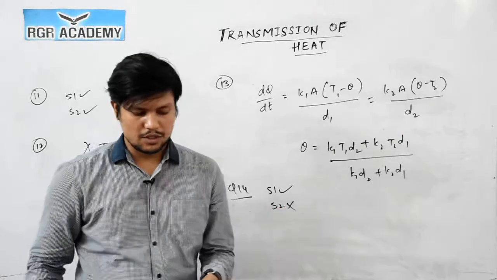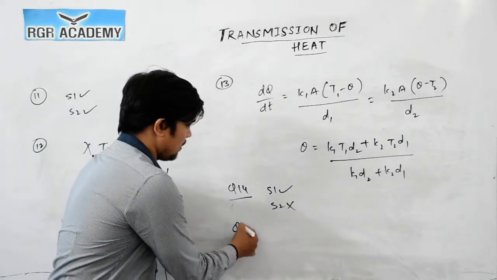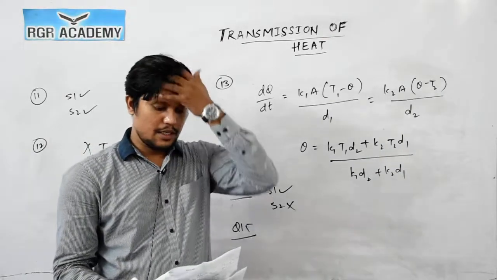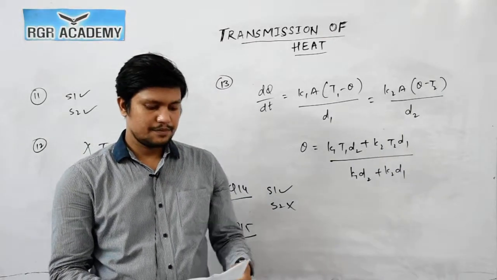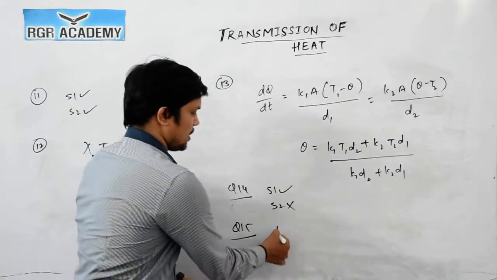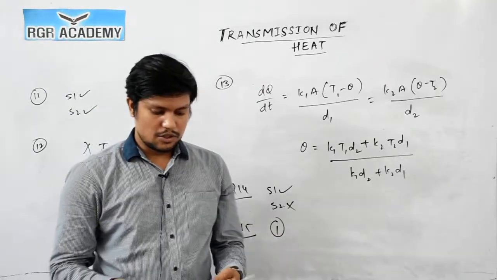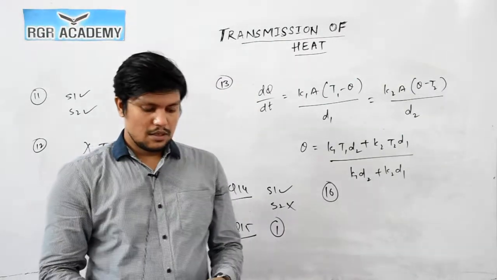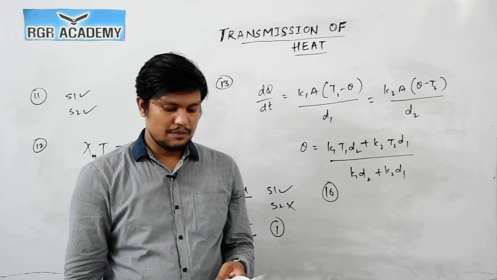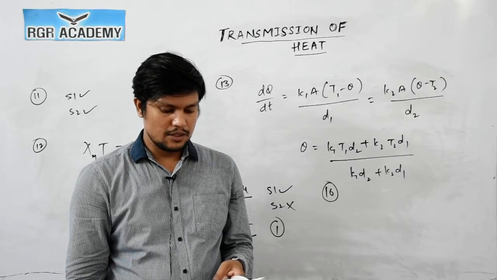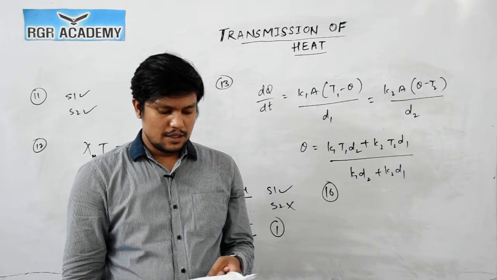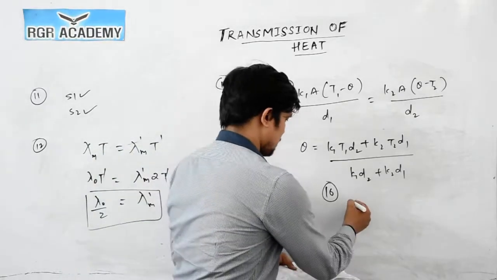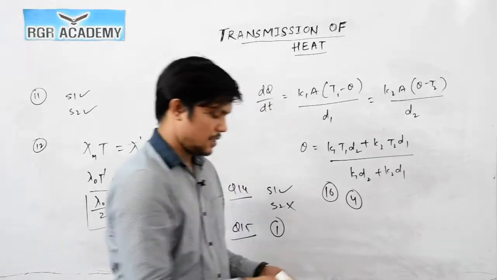Now question number 15, again a theoretical question. Newton's law of cooling is used in the laboratory for the determination of the specific heat of liquids. Okay, so the answer is 1. Now question number 16. An ideal black body at room temperature is thrown into a furnace. It is observed that initially it is the darkest body and at later times it is the brightest, correct. So for question number 16 the answer is 4.